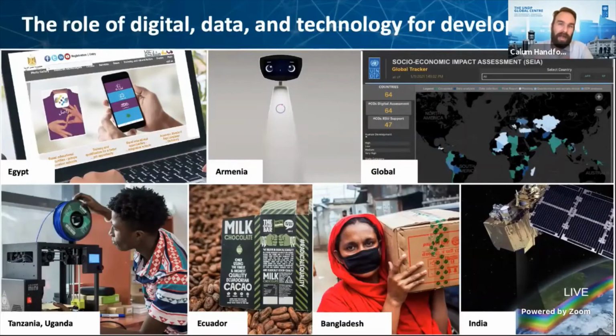So what we're finding around the world is that digital data and technology are really crucial tools in development. As I mentioned, even prior to COVID-19, but now particularly with connectivity, public service delivery, and the future of work, they're really essential development tools. It's something that we're really engaging with a lot at UNDP, from digital public service delivery, like our chatbot project in Egypt, through to 3D printing that I mentioned earlier, but also leveraging big data in Bangladesh and India. And again, this highlights the real importance of Curacao engaging and leading in this new space.